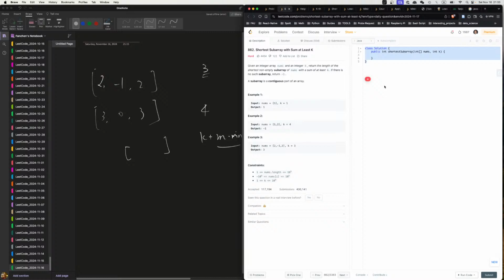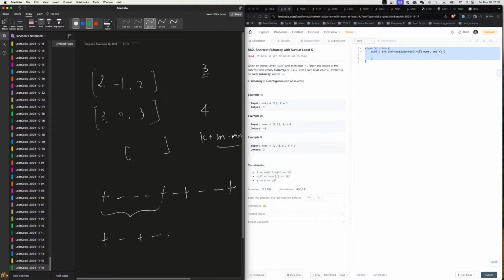So because at the end, what we're gonna have is some positive, bunch of negative, another positive, something like this, right? And none of the positive itself is larger or equal to k. So now we just see, can we combine this? And we have to add all of these together. So we have to then become a positive, negative, positive, negative, positive, negative, a positive, negative, like that, right? So when that happens,